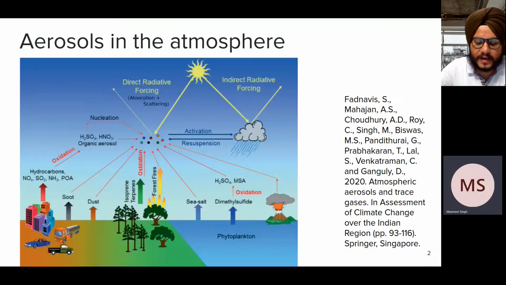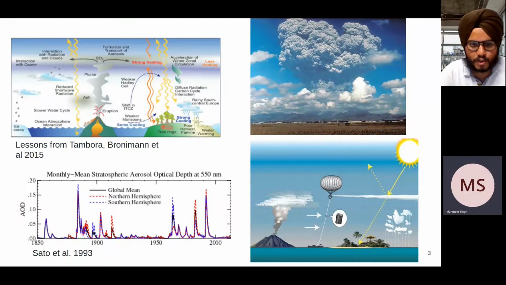Aerosols are suspended particles in the atmosphere, which play with the climate system. They interact with the chemistry. They are emitted by anthropogenic sources and by natural sources, and interact with the environment. Now, they can be of two types: natural and anthropogenic. Natural aerosols are volcanic aerosols and sea salt. In this PhD thesis, we have delved deep into the role of volcanic aerosols on the Indian monsoon.